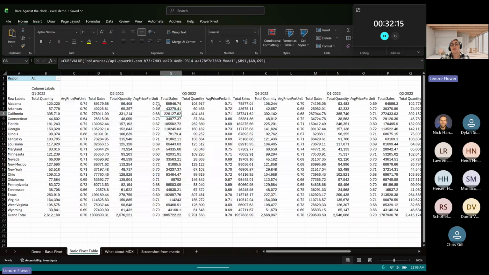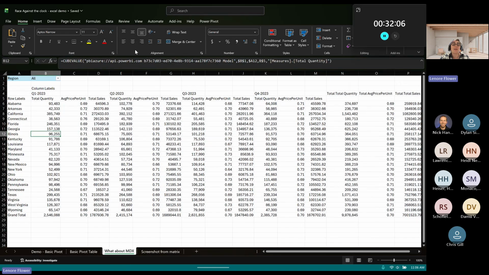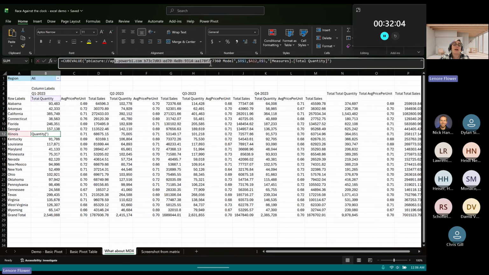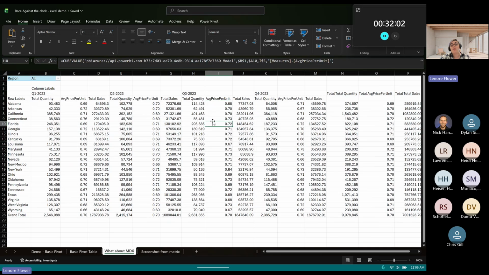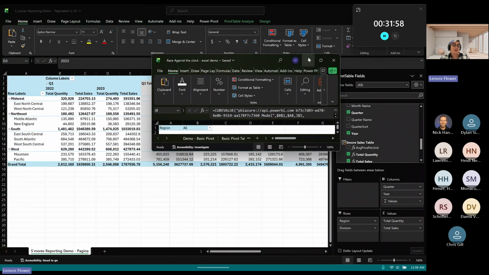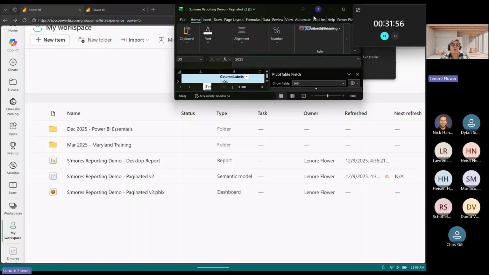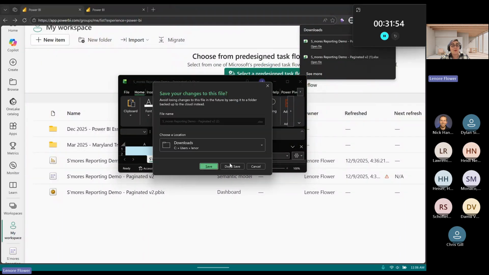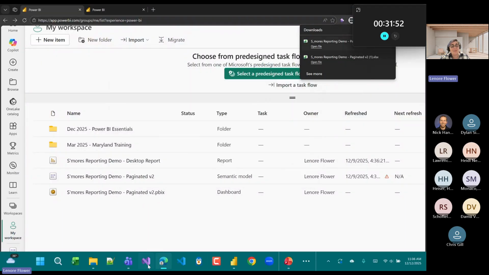Now you've got a whole new can of worms. You've got to learn how to incorporate MDX, and you need to make sure that nobody screws up the file that is pulling data dynamically from the Power BI API. So this is an option, but it's not necessarily going to be any faster, which is how we're going to end up heading over to the actual tool that is designed to solve this problem.